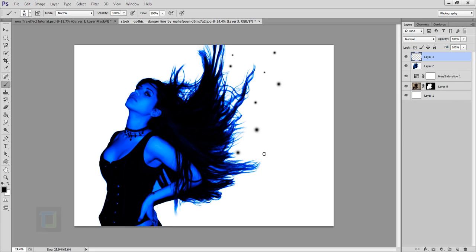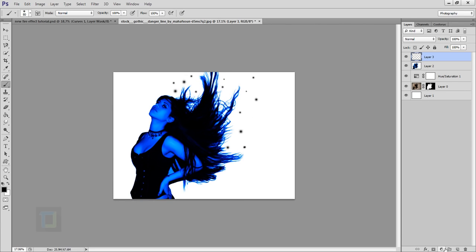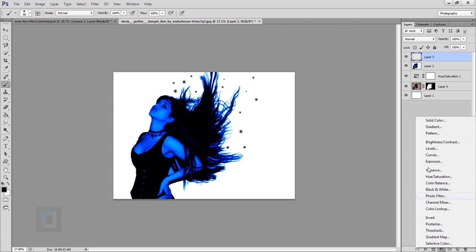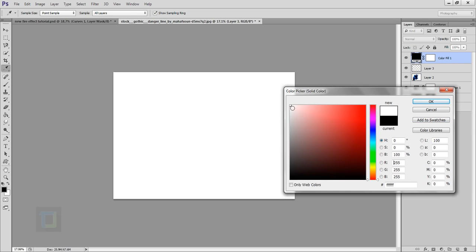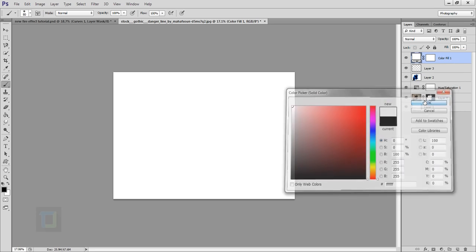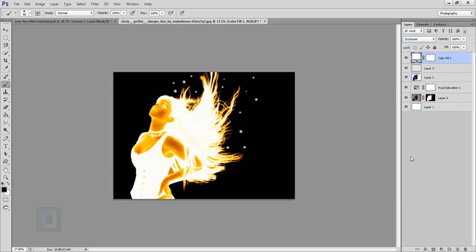Near her hair would look much better, so let's do a touch here and stuff like that. You get the idea. Once this is done, click on your new adjustment layer and select a solid color. In the solid, your color should be completely white, full on white. Hit OK. Now change its blending mode to exclusion, so it will invert all of the colors, and as you